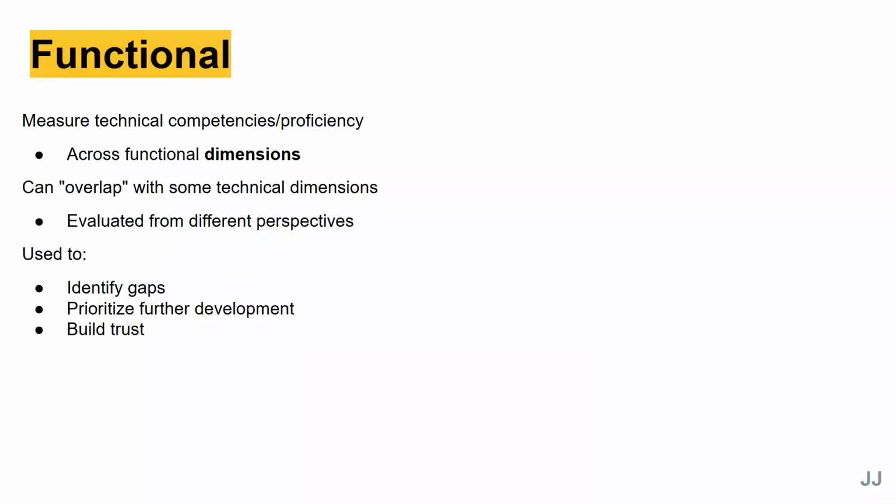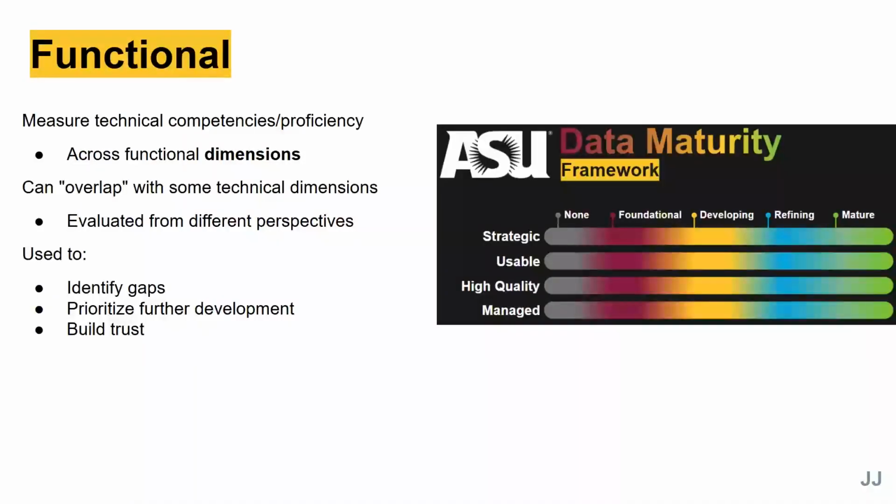All right, and then similarly on the functional side, we're looking at slightly different dimensions using a different lens. There's going to be some overlap with what we saw on the technical side, but it's just a different perspective. And we're going to use it for the exact same things. And here are some examples. So now we're looking at these more functional dimensions. We have the strategic nature of the data, the usability of the data, the quality of the data again, how well managed is it, which has more overlap with the technical side. But we're looking at it from a different lens. There are different objectives when scoring along these dimensions.